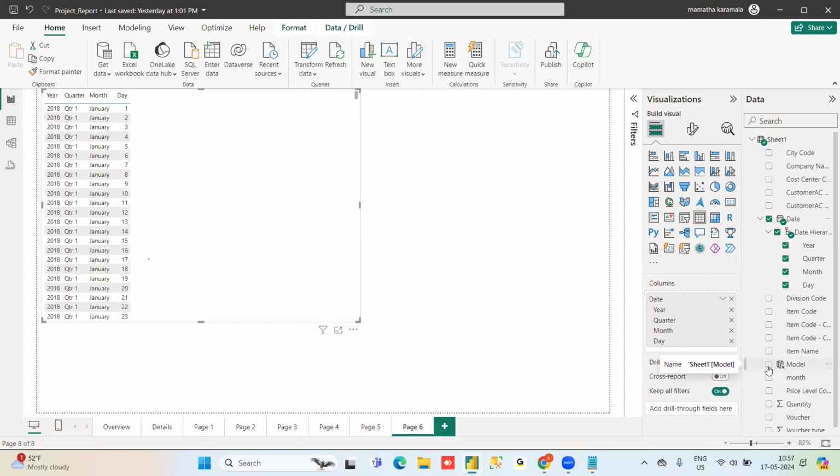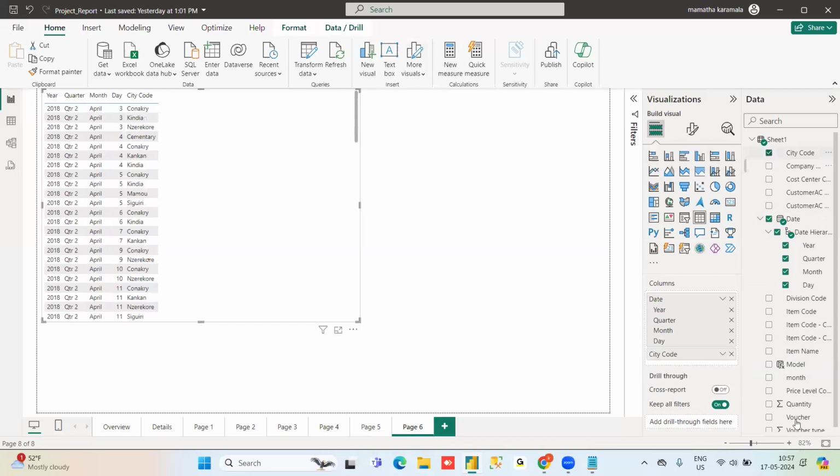What is that answer? Tell me. Please repeat your answer. The date column which doesn't have hierarchy. You can choose that, or you can go to format and change the type. I don't have a normal date column, but I need to achieve that, that is my requirement. How to do that?